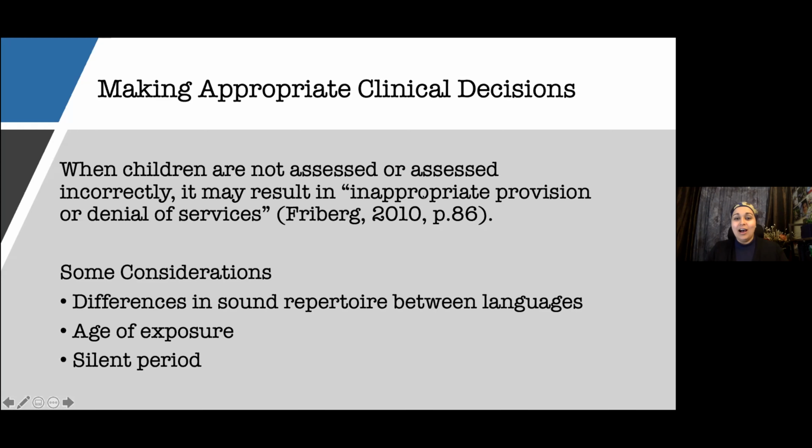Great. Absolutely. So the silent period, for those who don't know, is the time when, say, for example, a student moves here from another country. They're in school. I get a lot of referrals for students who are selectively mute, or they don't speak. They must be autistic. They must be on the spectrum. They must have this issue, that issue. Teachers are diagnosing left and right. Parents are diagnosing them even. But it really is just a time when they are absorbing language.